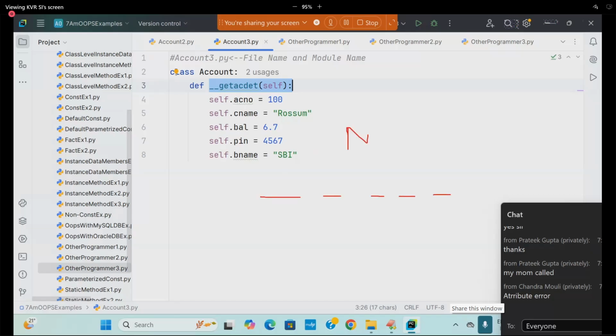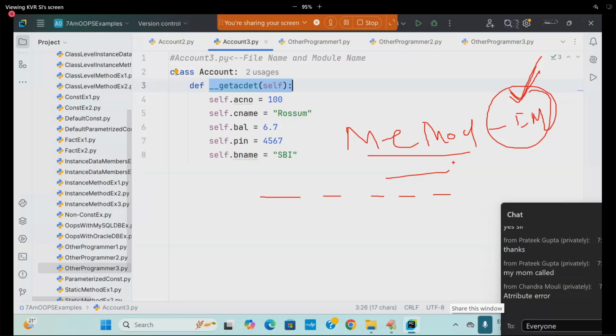So it depends on the billing of the customer. What type of method are we making here? Instance method. It is recommended to make an instance method encapsulated. It is not recommended to make a class-level method encapsulated. It is not recommended to make a static method encapsulated. Why is it not recommended? Because they are meant for common as well as universal purpose. So class-level methods not